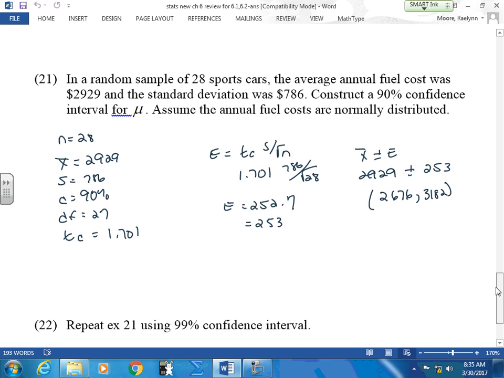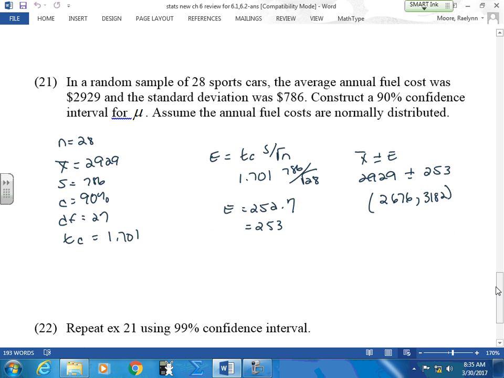Did I give you 21? This is the last one. I didn't give you 25? 21? Okay. All right, and a random sample of 28. Now look, this is 28. It has to tell me that this is normally distributed, because n was less than or equal to 30. Follow this statement. In a random sample of 28 sports cars, the average annual fuel cost was $29.29, and the